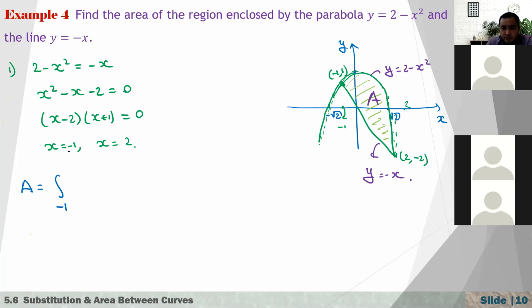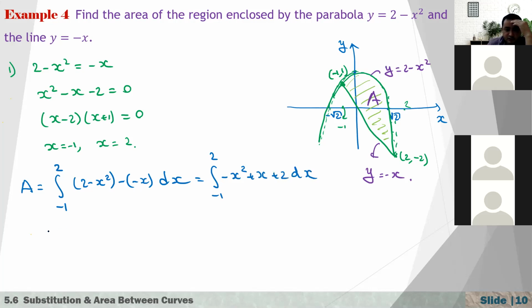from -1 to 2. Here we have 2 minus x squared, minus the second function, which is minus x, dx. Or if you write this in standard form, from -1 to 2, we have minus x squared, and minus minus is plus x, plus 2, dx, which is equal to minus 1 over 3 x cubed plus 1 over 2 x squared plus 2x